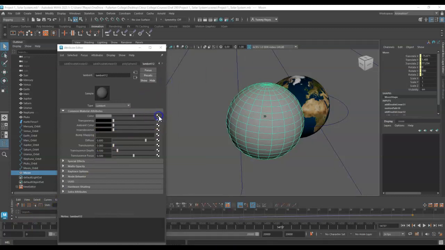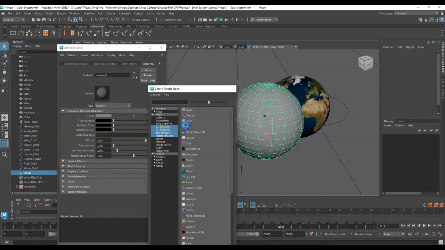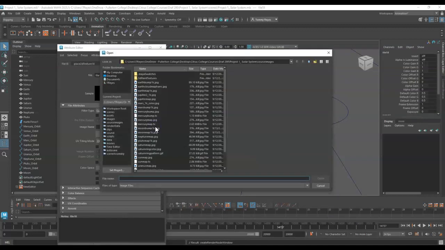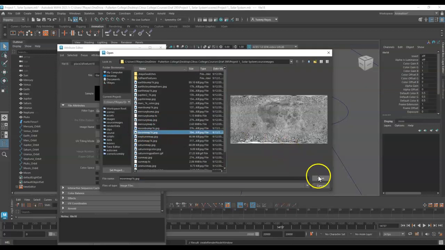Resize this, color, file, click on the file, and let's do moon, open,